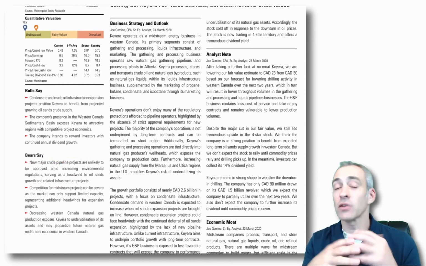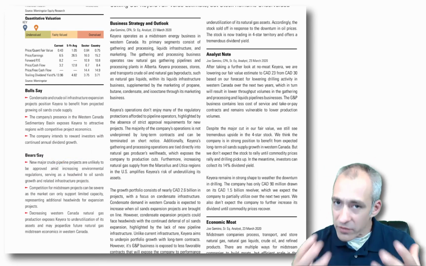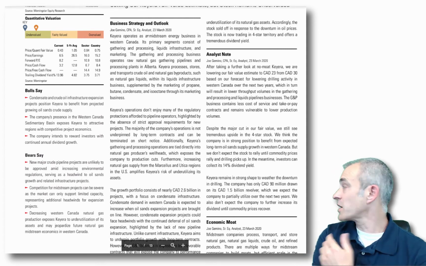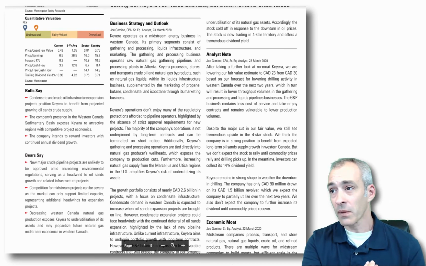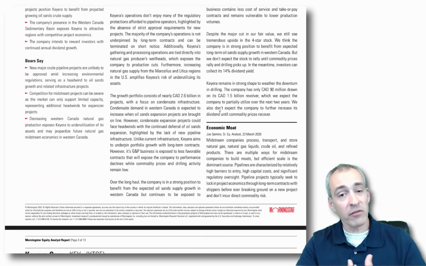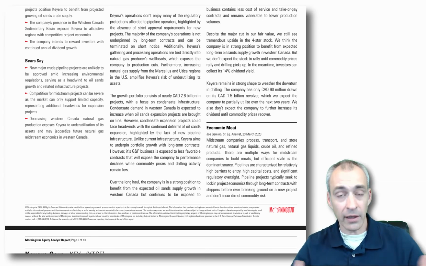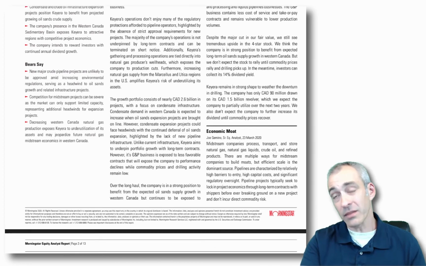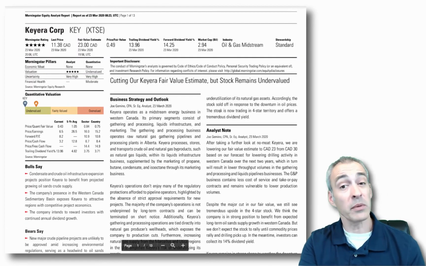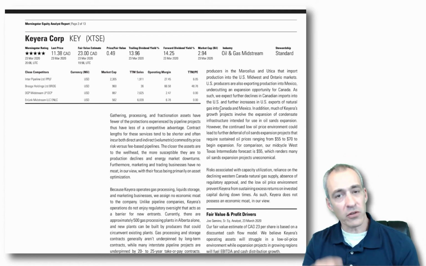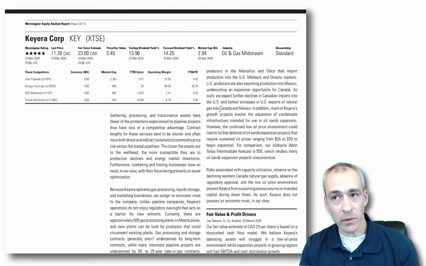I'm not going to go through all of this. I'm just going to show you the types of things that will be in these analyst reports. So here's one, business strategy. What's the outlook of the company? The economic moat is the competitive advantage a company has to protect it, just like the reference to the moat around a medieval castle for protection, right? And the analyst says that this company has no moat, which means they don't have a big competitive advantage versus other businesses that do exactly what they're doing.